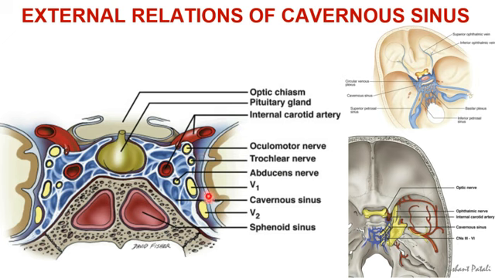So what lies superior to the cavernous sinus? The superior relation of the cavernous sinus is a very important relation. Again, there are two structures related superiorly to the cavernous sinus. The first one is known as the optic chiasma. The optic chiasma is where the right and left optic nerves cross. So a few fibers from the right side optic nerve cross to the left side, and similarly fibers from the left side optic nerve cross to the right side. So there is crossing of the nerve fibers within the optic nerve at the optic chiasma. So this is related superior to the cavernous sinus. So one of the superior relations is a part of the optic chiasma.